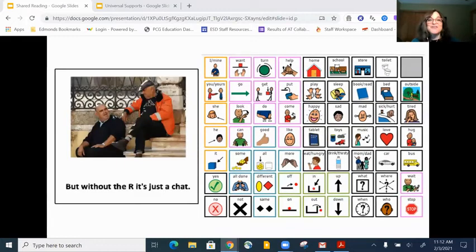Okay. So the next one is, but without the R, it's just chat. What might you say on that page? Could do happy, it makes me happy because I think that's funny.